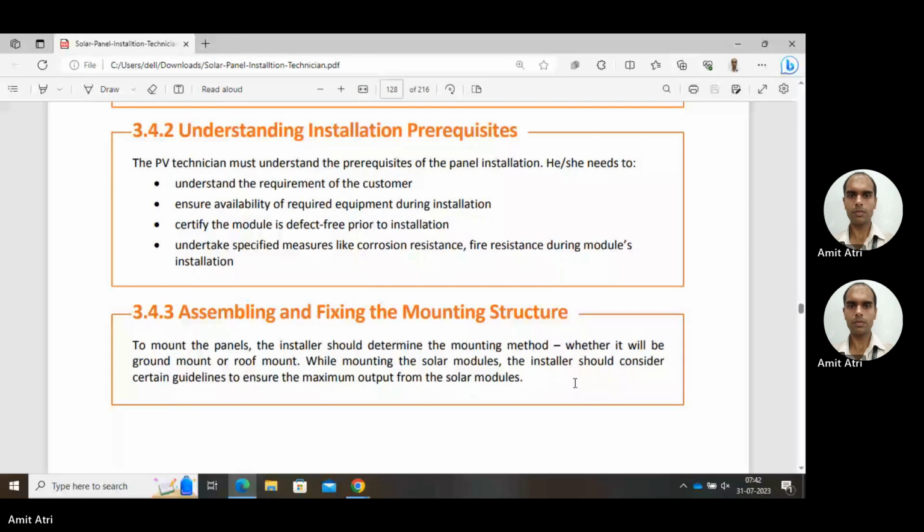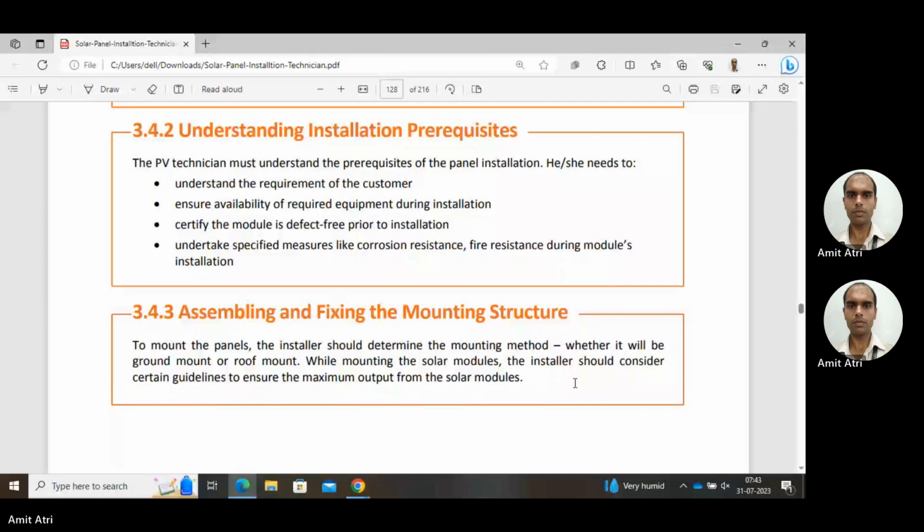It is most probable that our module will be dealing with these things, these types of environmental situations. So proper precautions which are needed should be taken to protect from corrosion, from fire, and this type of unfavorable